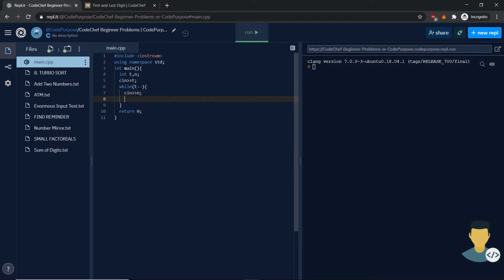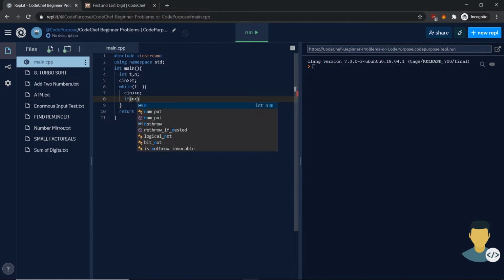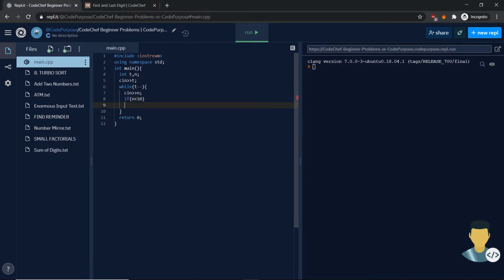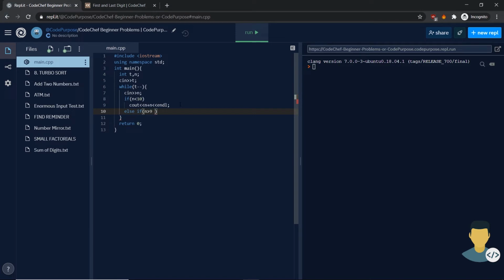In each test case we need to read n, and you know that if the number is less than 10, then the result is n plus n. Why n plus n? Because we have only one digit, and that digit is both the first and the last one. If the number is a two-digit number, greater than 9 and less than 100, then we know that